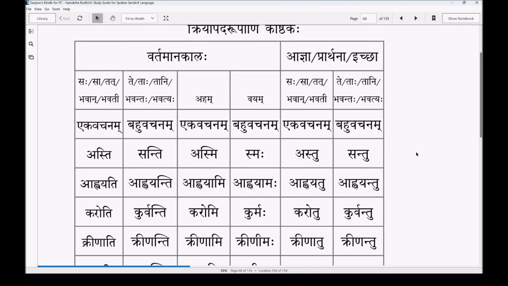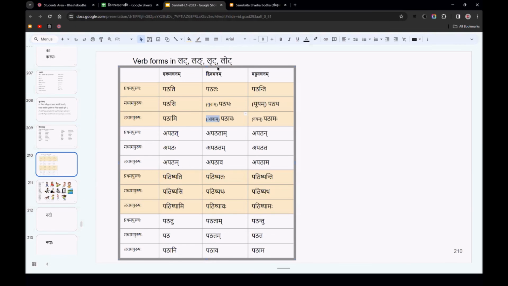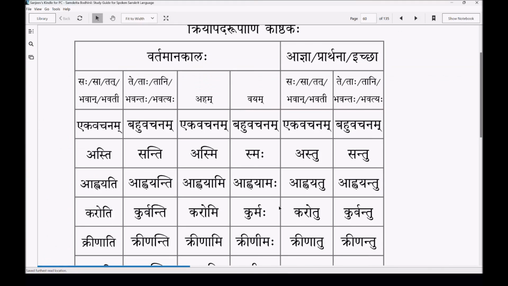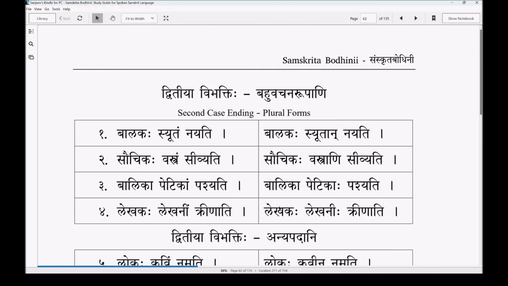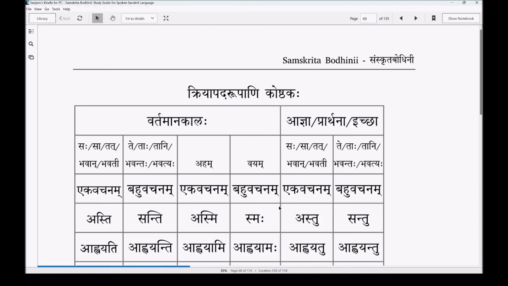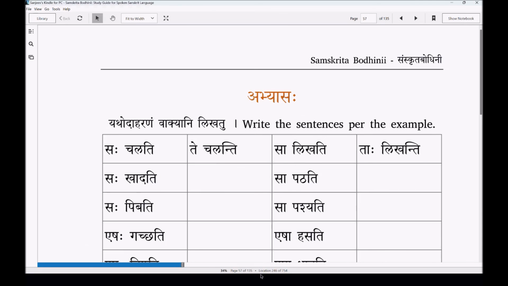Okay. So this same Koshtaka which I showed you here, you can see that there in the book too. We check it out. The second vibhakti, I think we'll start this in the next class. For now, it should be good. Yeah. So we covered